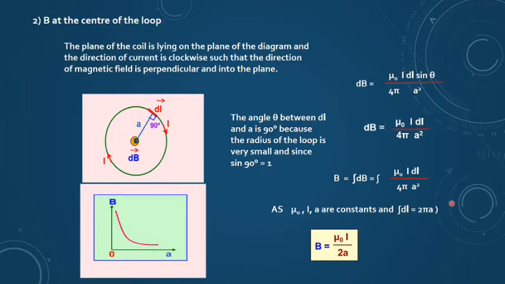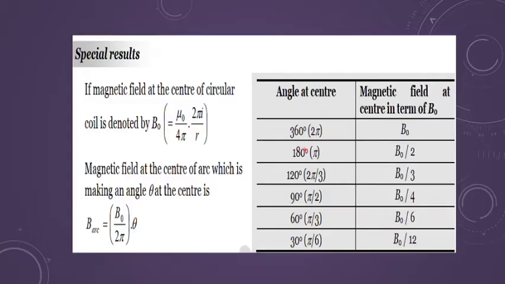This is again a repetition, because in the previous special case I have taken this. Now on the circular loop, many times you get the question, if there are n number of turns, as I have said, you will be multiplying with n. Now sometimes you get special results where an angle is given. The same result, if I take r as the radius, can be written as mu naught, in place of I I can write 2 pi I, and in the denominator, in place of 2, I can write 4 pi. So simply by multiplying 2 pi in the numerator and denominator, I am getting this result. And of course, if they give you n number of turns, you are supposed to multiply it with n.